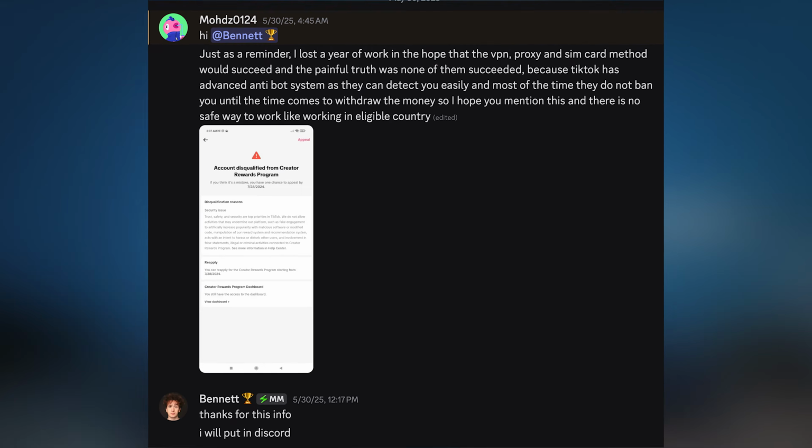Now, again, I've gotten confirmation from multiple people that this can work, but there are some definitive risks involved. So for example, if you ever log on to that TikTok account without being on the eSIM or without being on the proxy, you risk completely losing that account or getting banned for security issues, which two people reached out to me and told me actually happened to them. Which means that you're either gonna have to be constantly switching out the eSIM in your phone, or you're gonna have to get a new phone so that you can constantly keep that new eSIM in there. So again, this can work, but it is a dangerous and difficult to set up method. And personally, I just wouldn't use it.